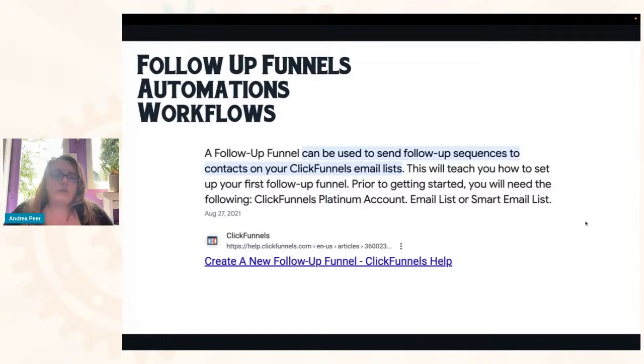Now, another thing on follow-up funnels is that oftentimes we think about it as after they've interacted with the funnel. So they've come into a funnel and then, let's say they buy or they don't buy, you have a follow-up funnel to basically say, hey, did you forget something? Or let me tell you more in case you're on the fence, or whatever it may be. But follow-up funnels don't just have to be after an initial funnel. You could also have a series of emails, invitations that are leading up to driving people into a funnel, right? So both are true, and whatever automation or workflow system we're working with has to be able to accommodate